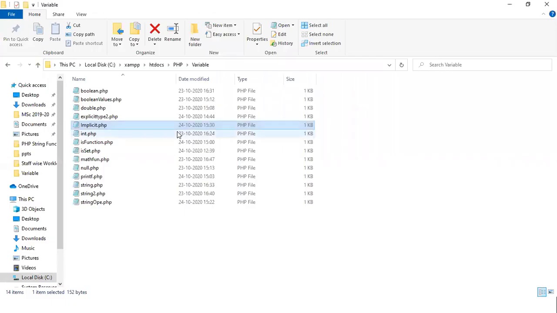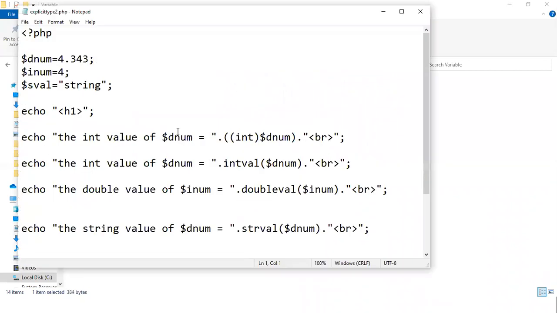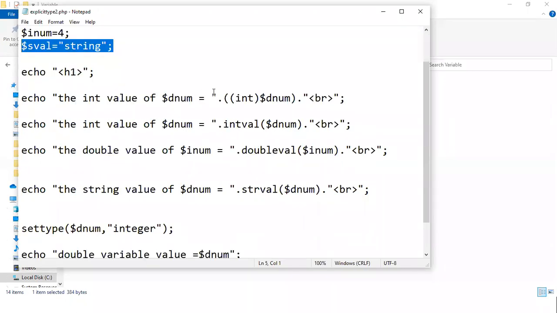Let's check out one example. Here, explicit type 2. In this one, this is a double number, this is an integer number, this is a string number. In this one you can check, this is a C-type structure, and here this is my double value. I want to convert it into int.